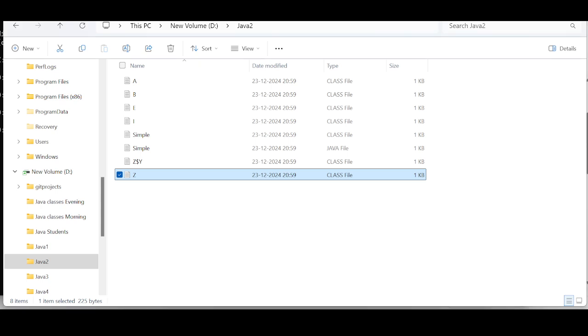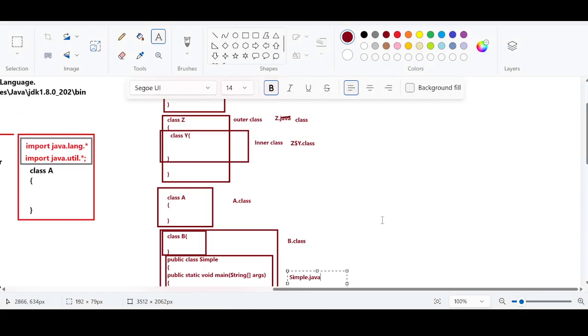Okay. So this is how, in the interview question, if they are asking you how many .class files will be generated by showing you a class, you should be in a position to answer them. If they would ask you,